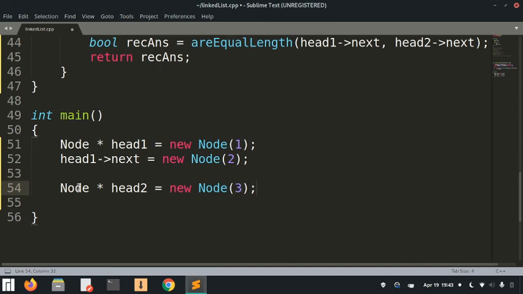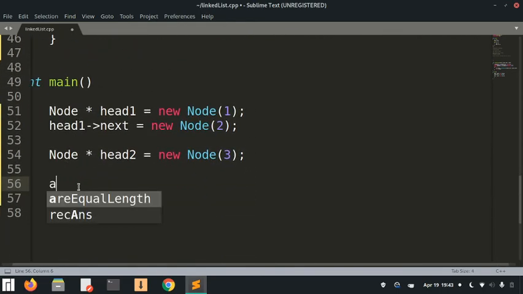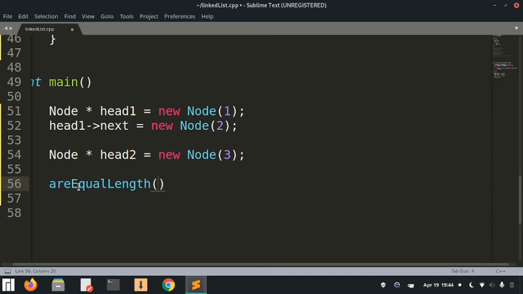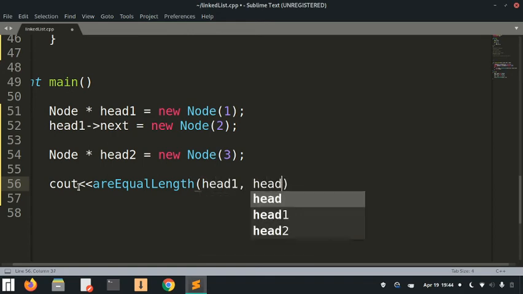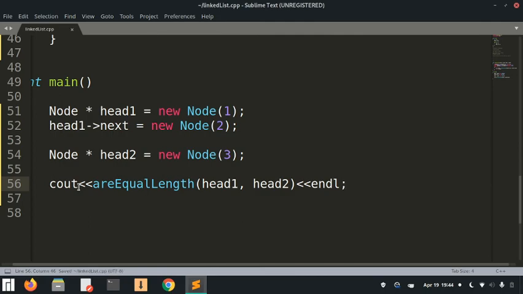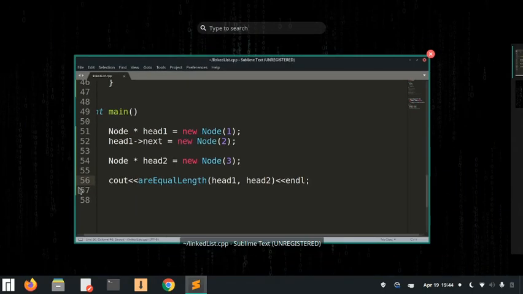So currently you can see both of them have unequal lengths. Let's go ahead and call this function right now. It's called r equal length, and let's print the output of this. It's either going to be 0 or 1, either true or false. Let's put both of these heads here, and we'll see whether the answer is what we expect it to be or not.